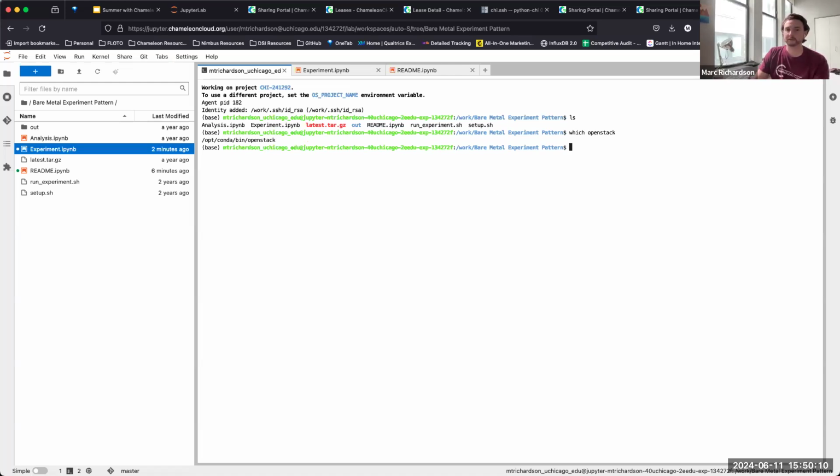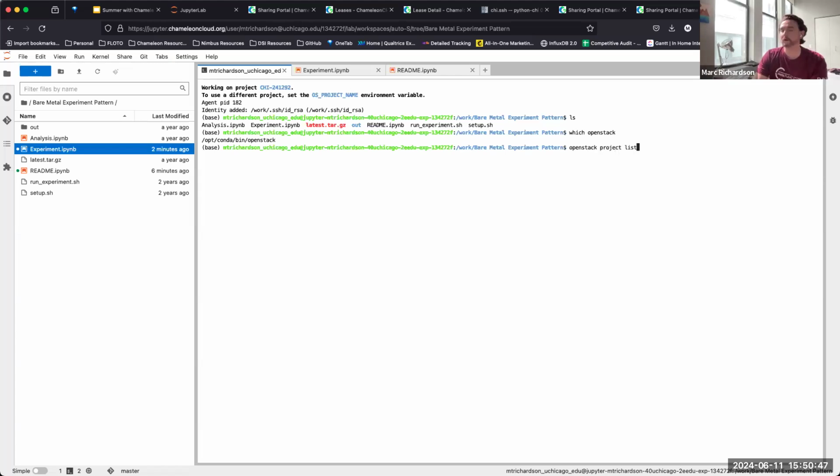This is already pre-configured and pre-loaded into the environment for you, without you having to set anything up with it. However, because OpenStack is tied to site and project, as with everything else, you're going to have to probably configure the OpenStack client so that it's using the right project. And just to give you a sense of how that works,